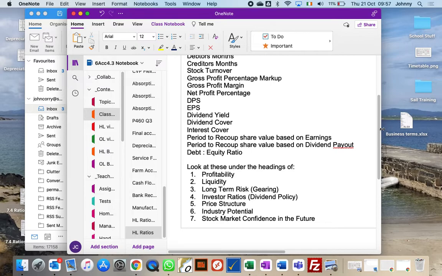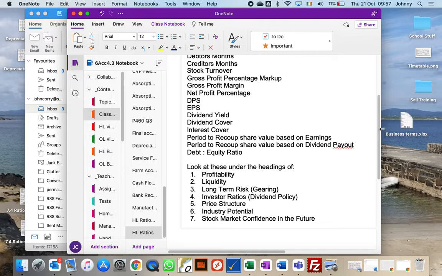So if they say it's a construction business, or they're making stuff for the construction industry, do you think the future of construction is good? Yeah. People are going to be building more houses in Ireland. Would you say the future of most businesses next year is going to be better than this year? Yeah. Why? That's not our problem.